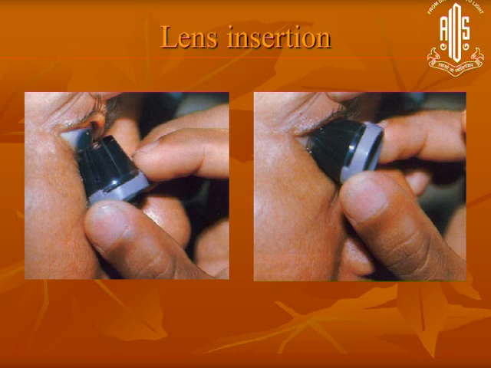Even when you want to put a lens which does not have a coupling agent, these are easier to put in the eye because their basic aperture here, the touching part, is smaller than the corneal diameter. So you can very easily put it. Most of the time you don't need to hold the upper lid, but you can if you want to, or you can ask your assistant to do it also. But I would recommend that it should not be held as far as possible.